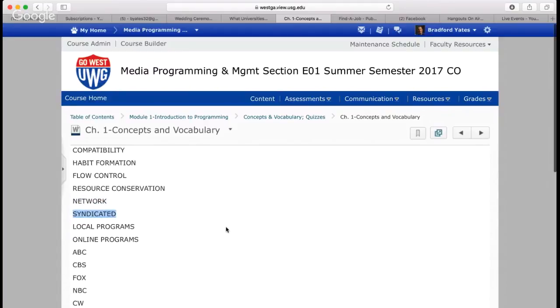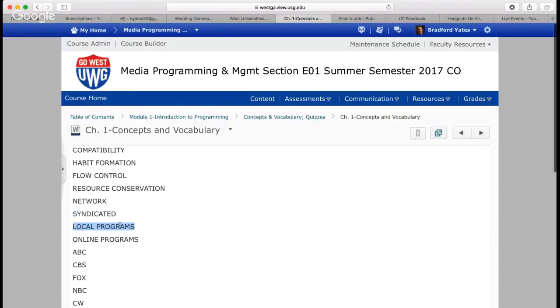Syndicated programs, on the other hand, are something we'll talk about in later chapters more fully, but syndicated are programs that are not broadcast simultaneously throughout the country. They are programs that appear at different times on different stations throughout the country. Syndicated programs on radio might happen. I'm not sure if Ryan Seacrest is still doing the Top 40 countdown, but that would be an example. You can hear him at various times throughout the nation, whether it's at 4 o'clock on Sundays, or maybe it's at 9 o'clock on Saturday nights. So syndicated is a different type of program option.